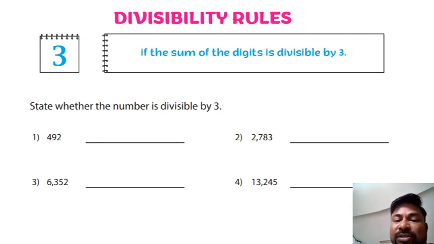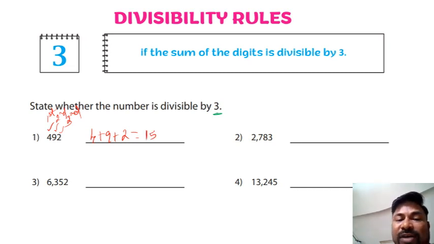So if I think about the third one, what is the condition we have said? Sum of the digits. What are the digits present here? 4 is the first digit, 9 is the second digit, and which is the third digit? 2 is the third digit. Now let us add them: 4 plus 9 plus 2. How much are we getting? 4 plus 9 is 13, 13 plus 2, totally 15 we are getting.